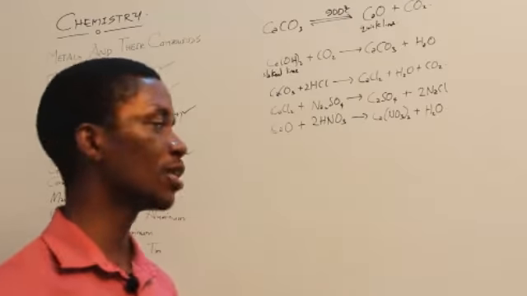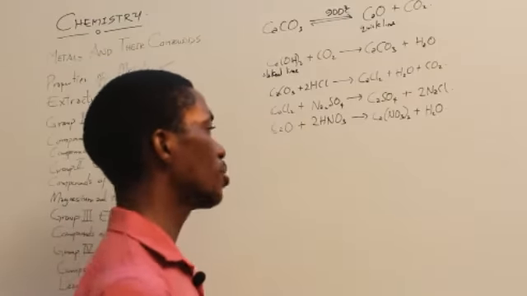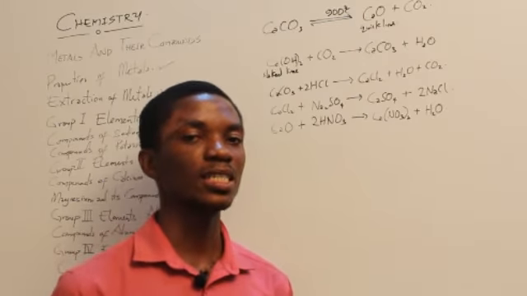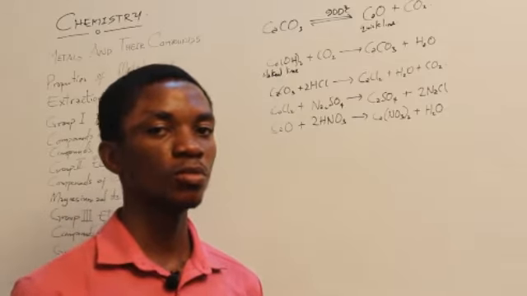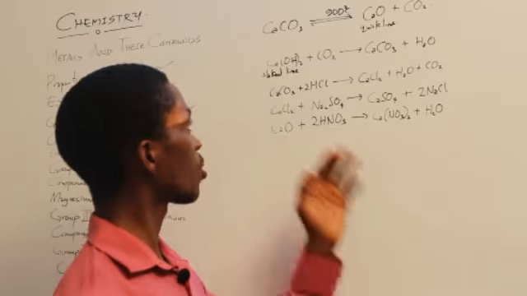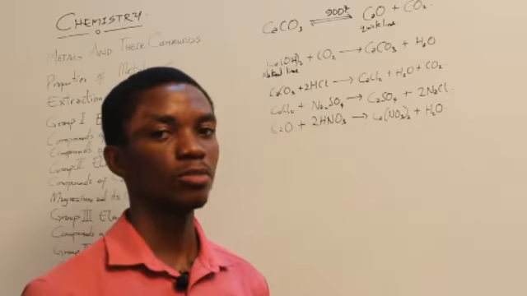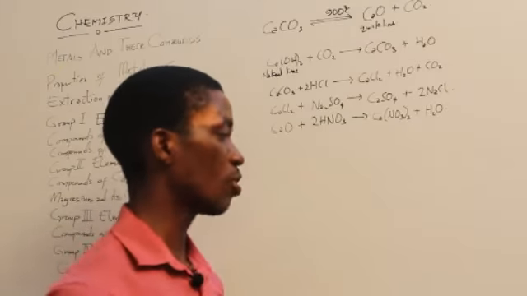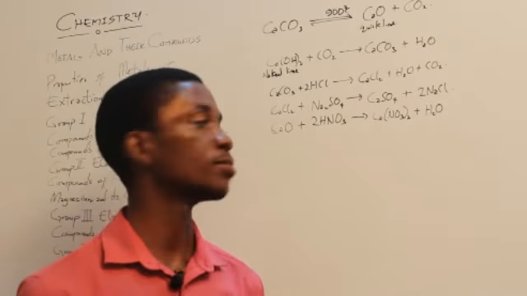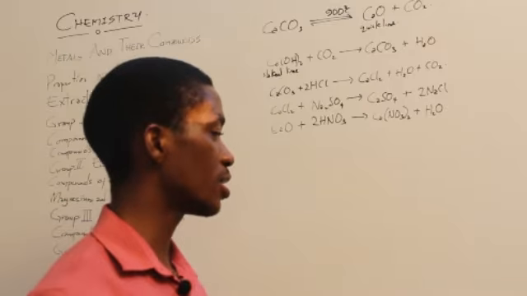It's not used for drying ammonia because there is a chance that the ammonia will react with the chlorine in the calcium chloride and form ammonium chloride. So we don't use it for drying ammonia. We rather use quicklime or slaked lime to dry ammonia. But for other gases, we do use calcium chloride. It's a very important reagent in the laboratory.